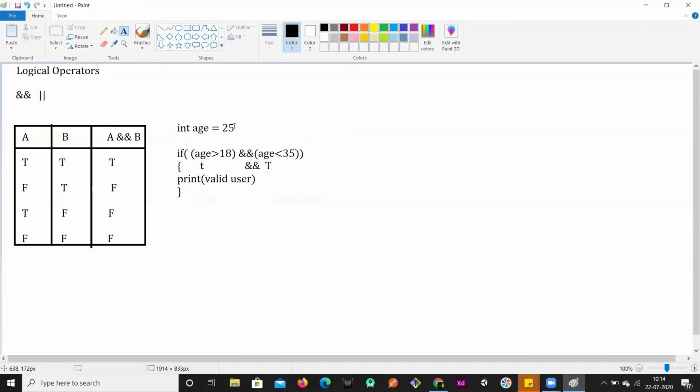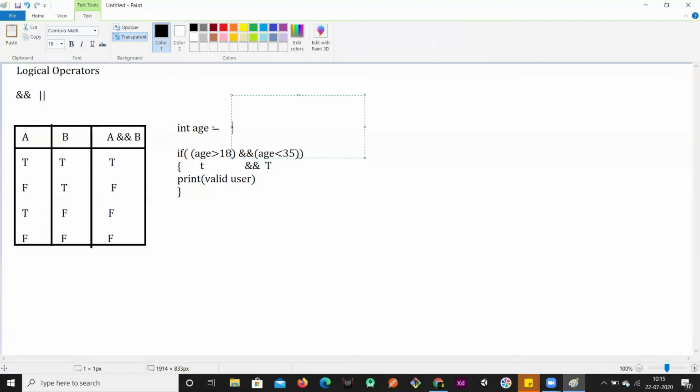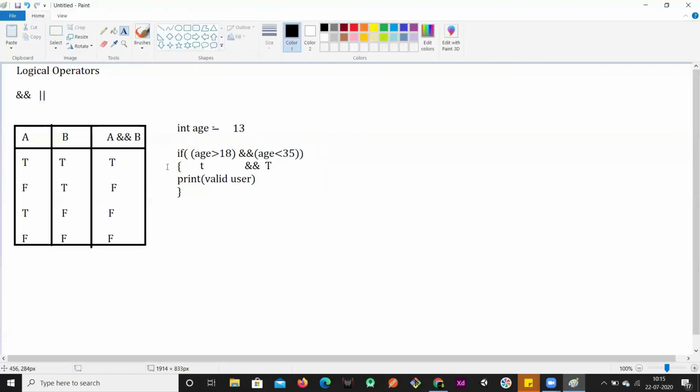If this is not 25 and this is 13, then what will happen? This condition will be false, and this condition is also false. Both are false, so the entire expression result will be false.